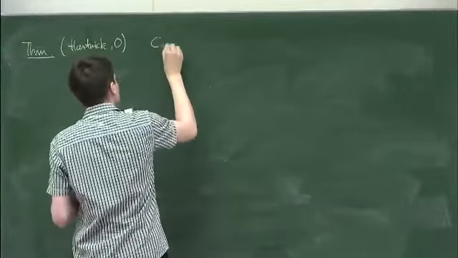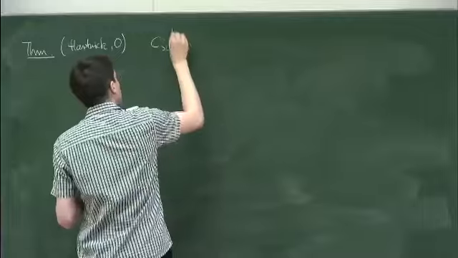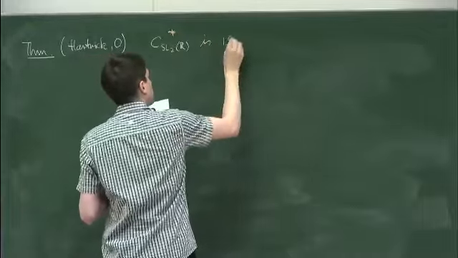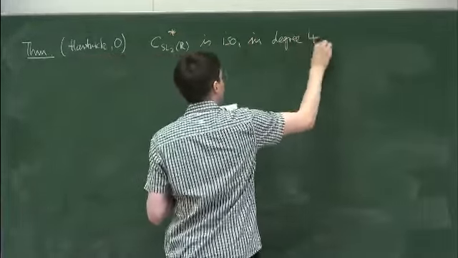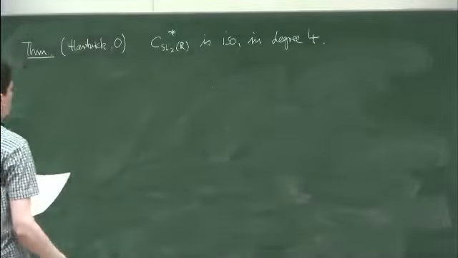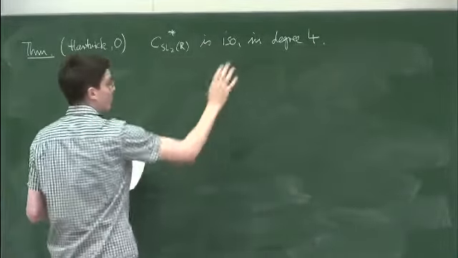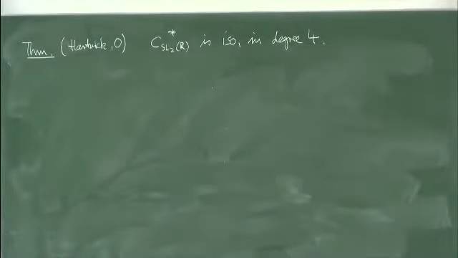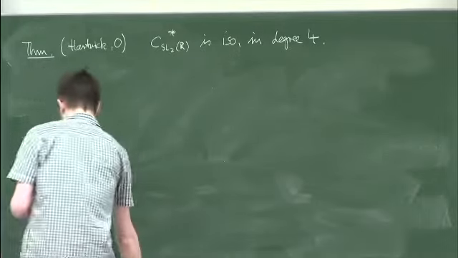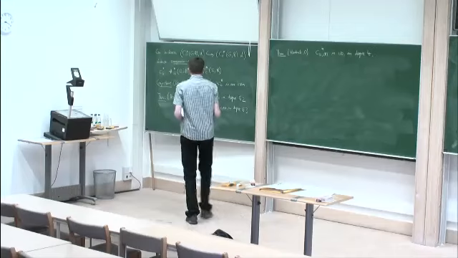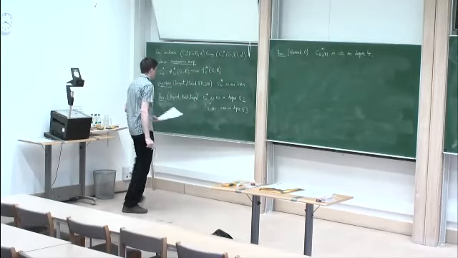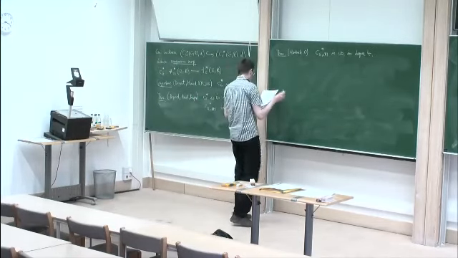So we proved that it is an isomorphism in degree 4. We think our method can also be extended to cover all degrees, but it's not done yet. So I only stated it in degree 4. And if this conjecture were true, then you are more or less done, because